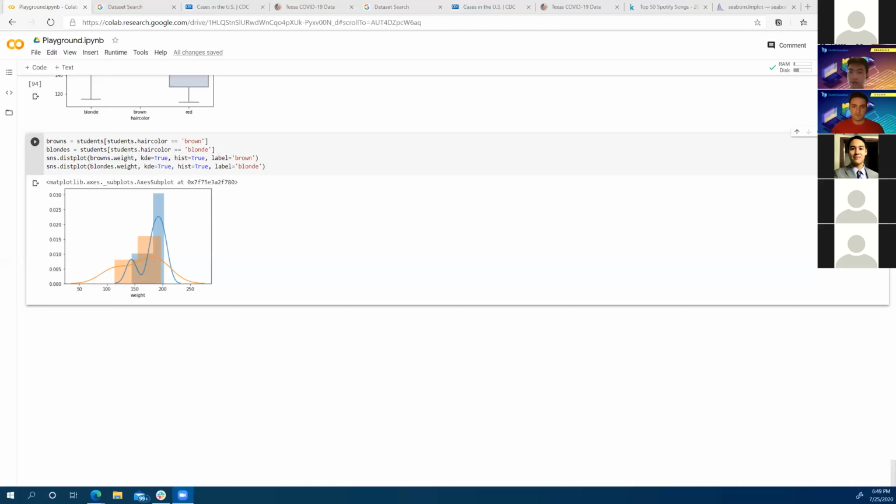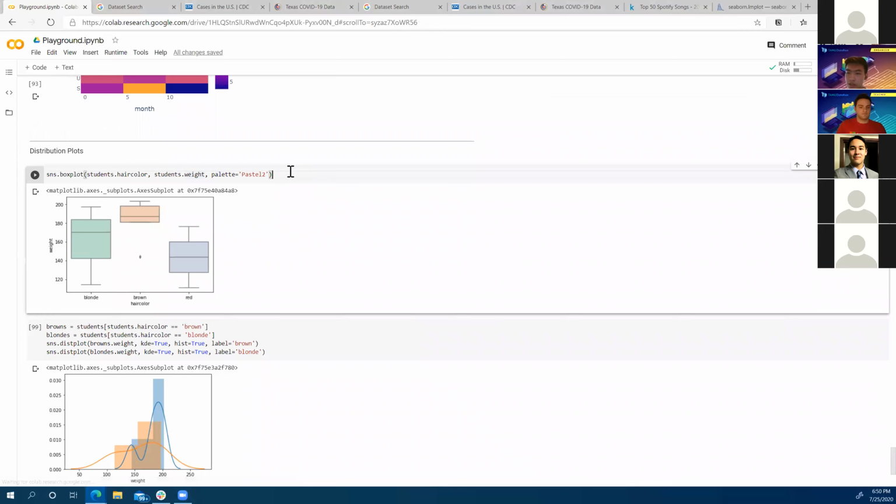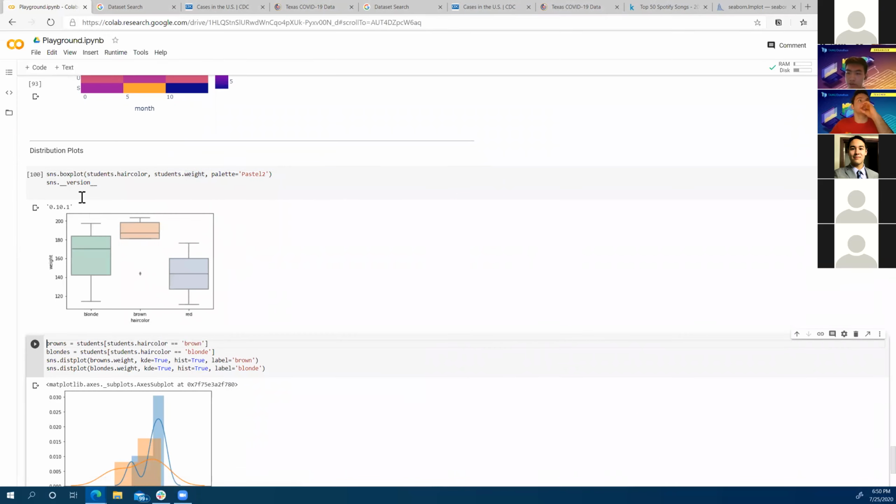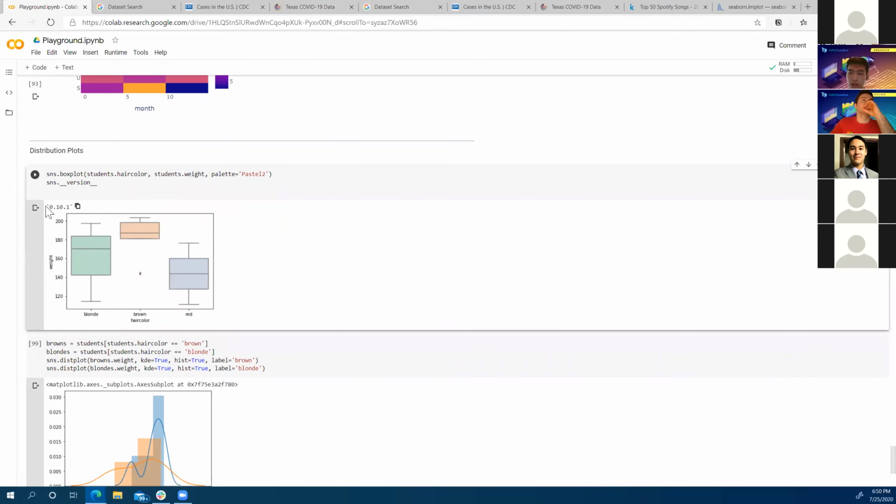Hey Seth, we have a question from Cooper. He's asking, the whiskers on my box plot look a little different. Can you check your version of Seaborn? He said, I'm curious, import seaborn as sns, sns.__version__. Yeah, I got it.